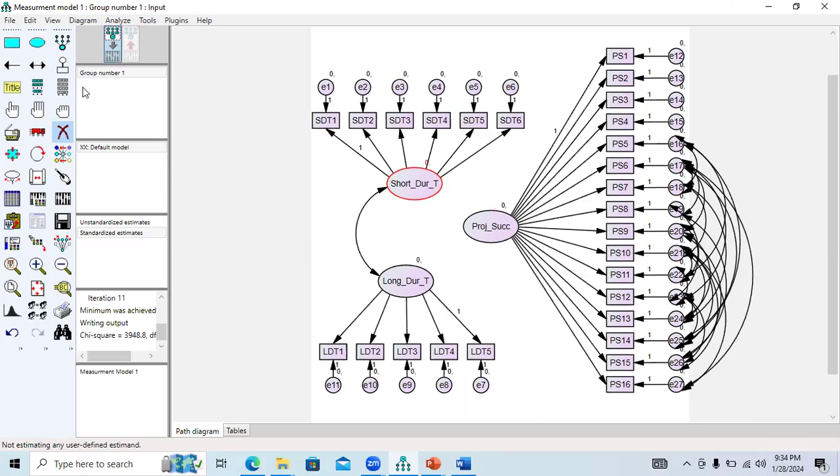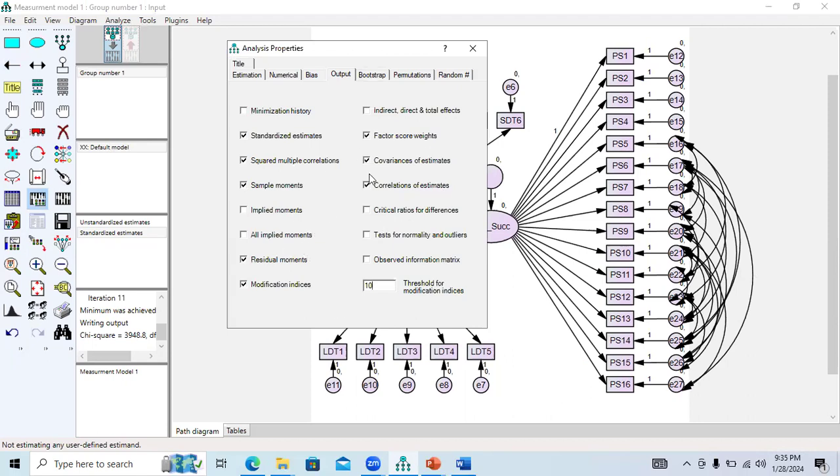I would like to measure the impact of short duration training and long duration training on project success. So how can I measure this? I would definitely create some path from here. I can create an error from here, and I just need to run this model